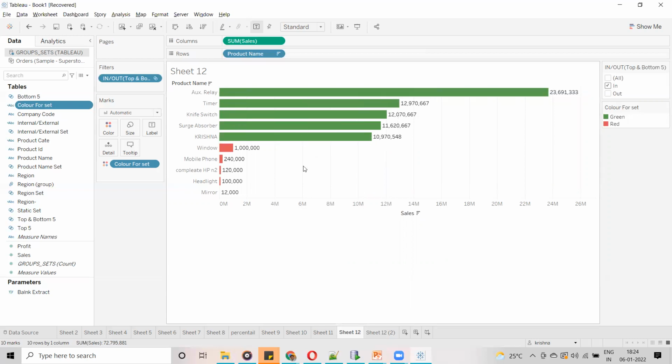Or if you don't have a data set, you can use the sample superstore data set and find top 5 products and bottom 5 products, guys. Top 5, bottom 5, and that too by writing a calculation. That is the assignment. And one more thing, by using sets, I am going to give one more assignment. I want to find out